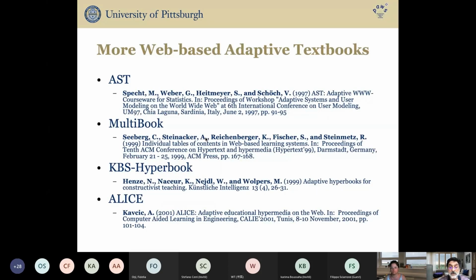So we got a lot of very creative ideas, some copycats, just very simple adaptations of existing ideas. For example, our collaborator Marcus Specht, now a professor at the Open University of the Netherlands, built a really nice system for teaching statistics using the same ideas as we used in ELM-ART. But there are a lot of other people who worked on that independently and who introduced new ideas. For example, guided tours and individual tables of contents in the Multibook project, or open corpus extension in KBS